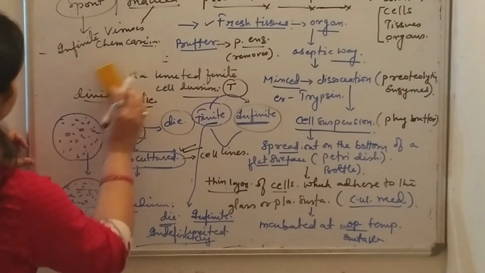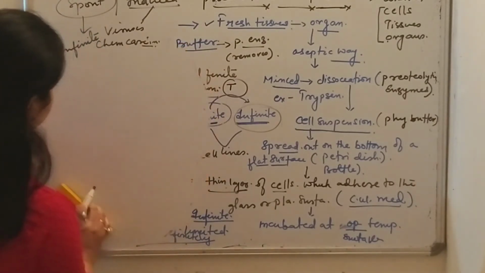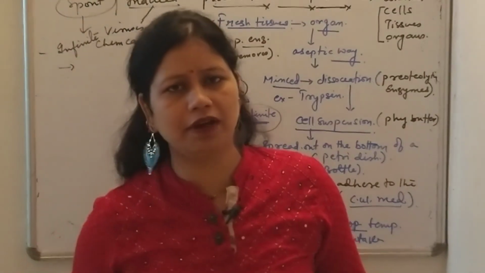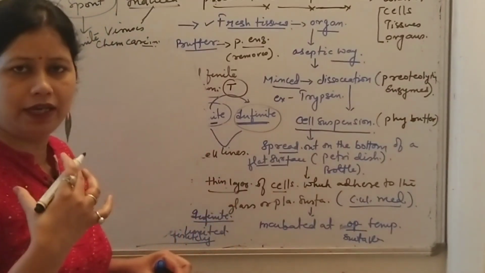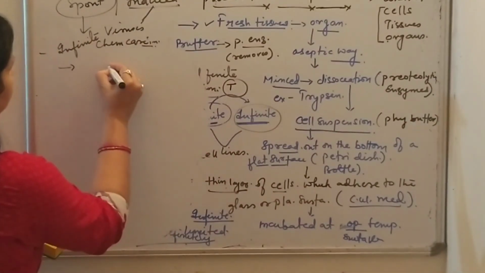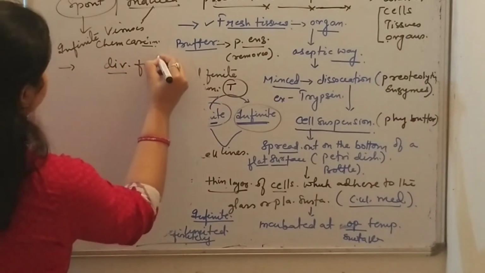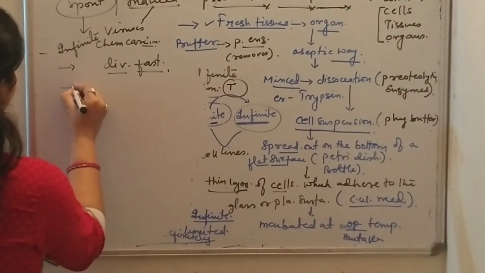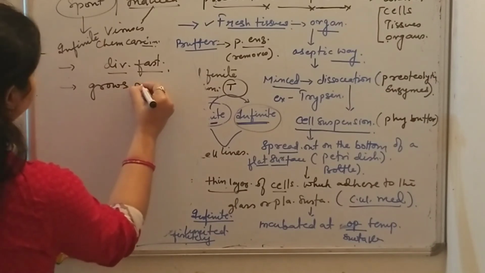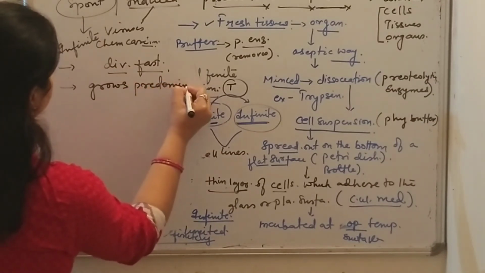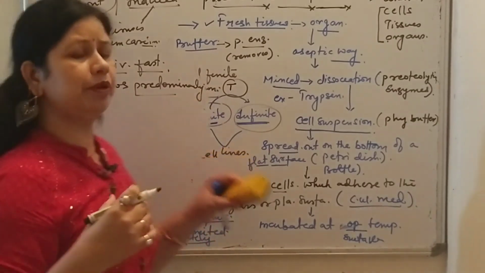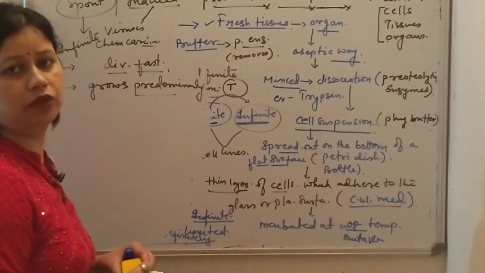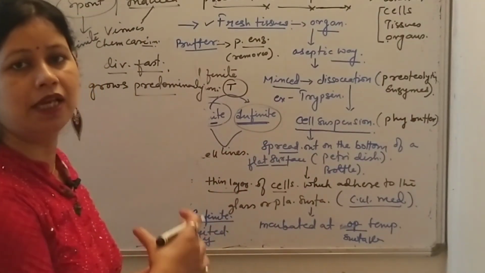Once finite becomes infinite, infinite cells have various advantages. So what are those advantages? There are lots of advantages: they are easy to grow, they can divide and divide, there is less chance of contamination, their division rate is very fast, they are not killed very easily, and their maintenance is very easy. They grow predominantly, so infinite cell lines have become most popular with respect to research as well as the experimental point of view.